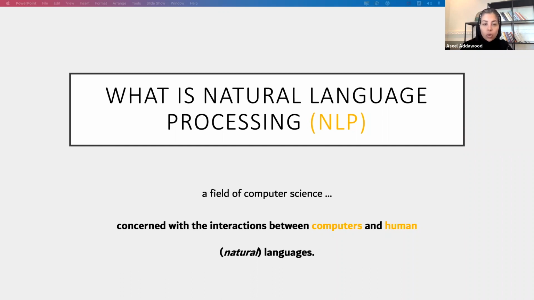As we know, if we go a bit to the bigger umbrella of AI, artificial intelligence, the idea of AI since the 50s is how can I make a machine think and talk and work as a human? So how can I do that? So natural language processing is just a tiny piece of AI where how can I make machines interact with humans using language? We will go through that in a bit.